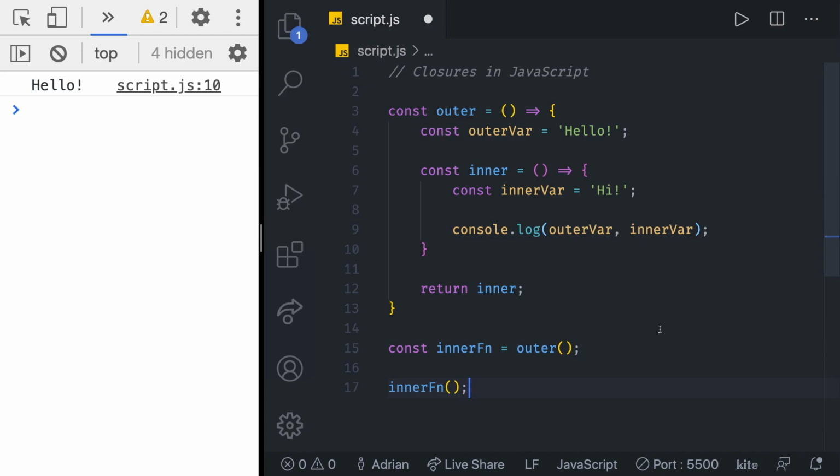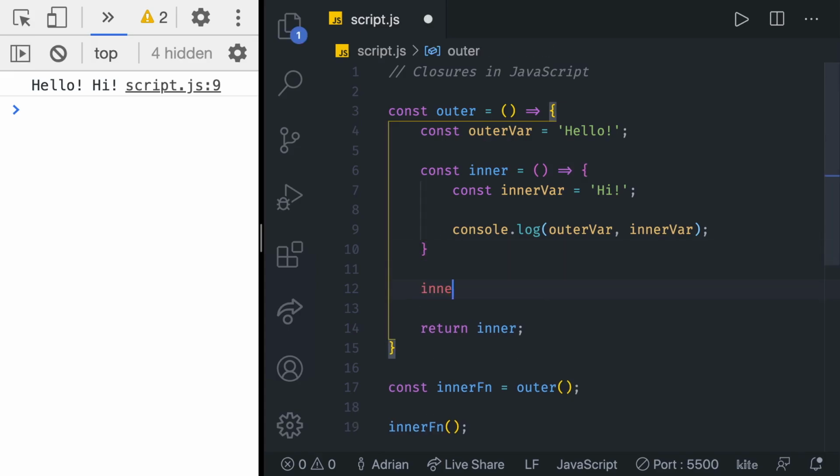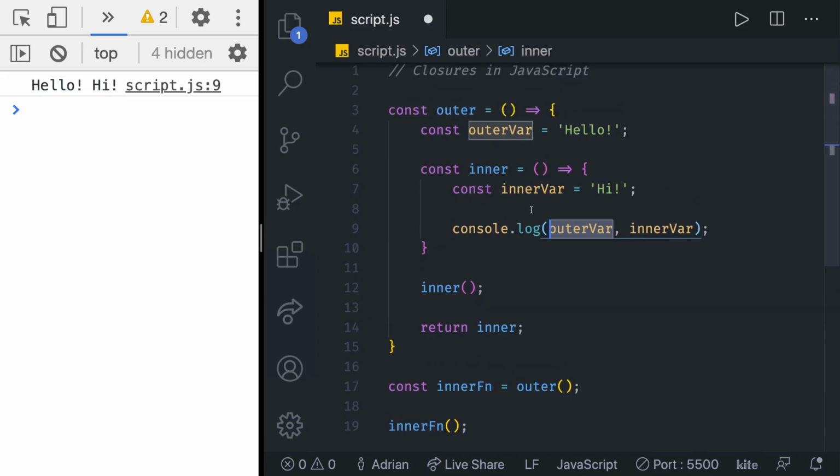Okay, so why is this a closure? Well, if we save it, you can see we do get both hello and hi. And that's kind of crazy. Why? Well, of course, if we call the inner function just right here, you can see it has access to the variable from the outer scope. As you can see, we have the inner variable, but it also has the outer variable. That's nothing special because in the inner scope, we can access variables from the outer scope right